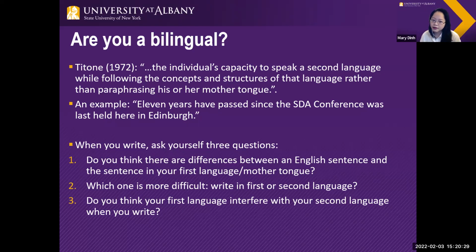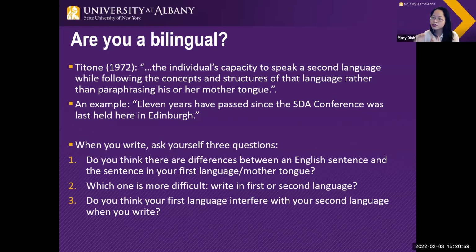But I believe in some other languages, the structure is not fixed. And even when I read some articles in English, sometimes they use very different sentence structures as well. So I think if the native language of the student is so different from English, then the navigation will be more